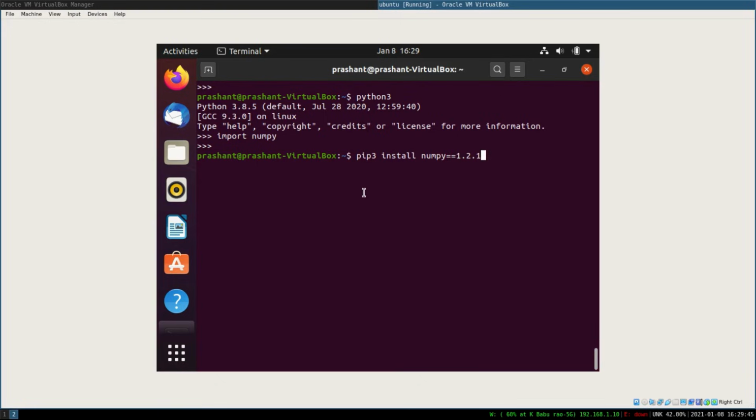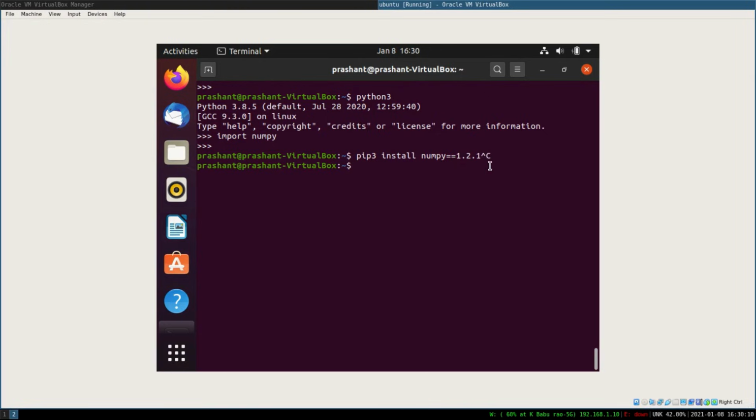So if you're working with multiple applications on your machine, with one application where you need NumPy version 1.2.1, in another you need a NumPy version that is 0.6.0, right? How do you manage that? Because in the same system you would need different versions of the same library installed, right? So this is where virtual environments help you a lot, right?